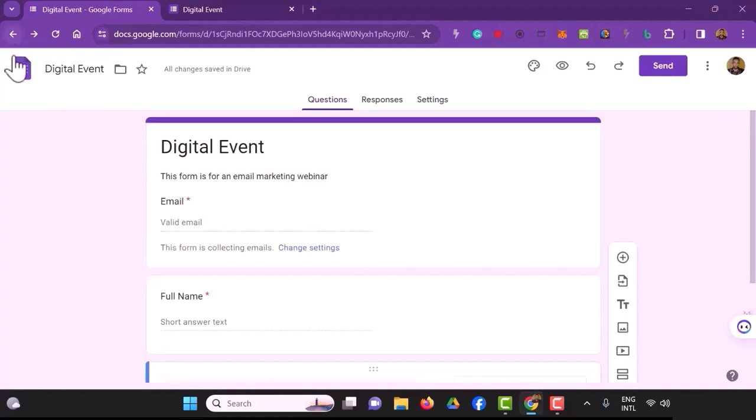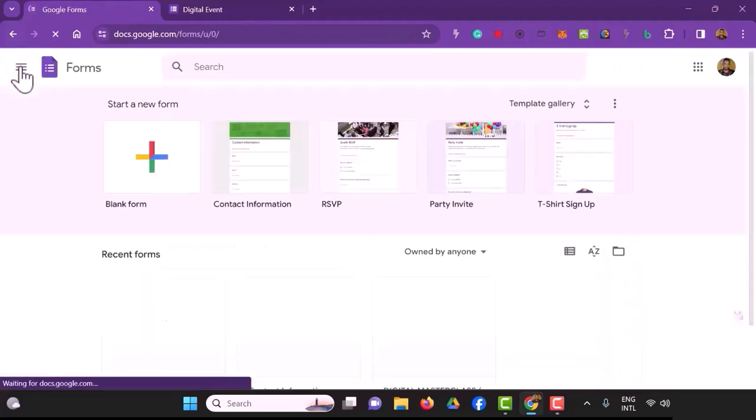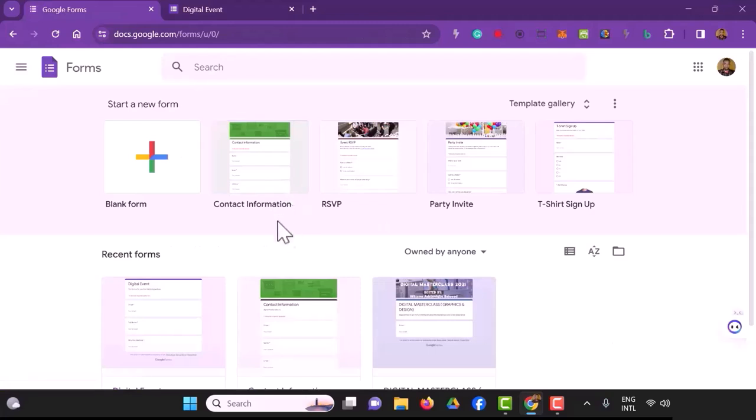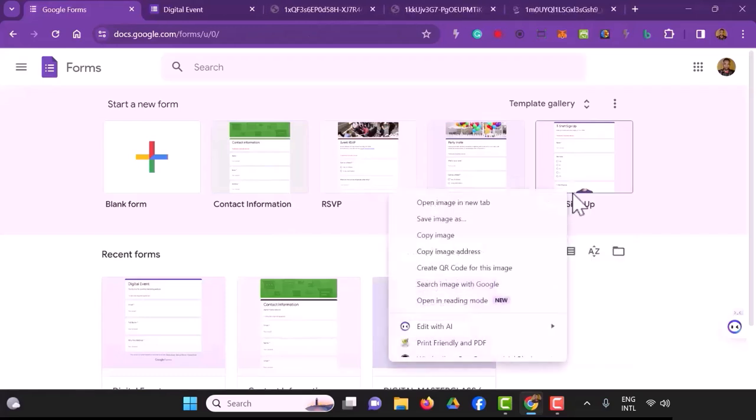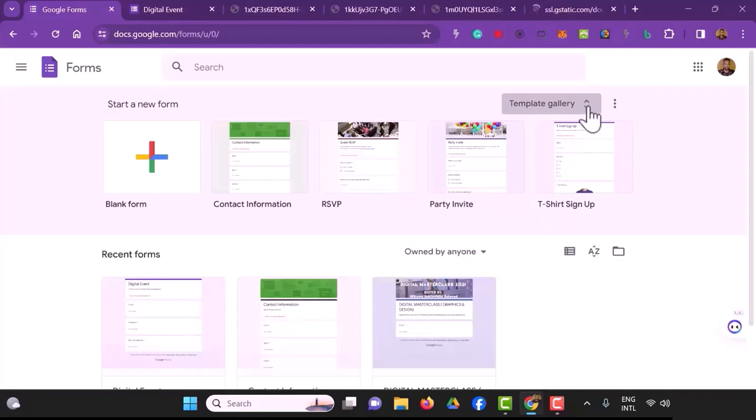So I'm just going to go back to the main Google Form. I want to show you something before we move on. So you can create with this template. You can say you want to take contact information. These are templates that have been designed already, party invites and t-shirt sign up. You can see more